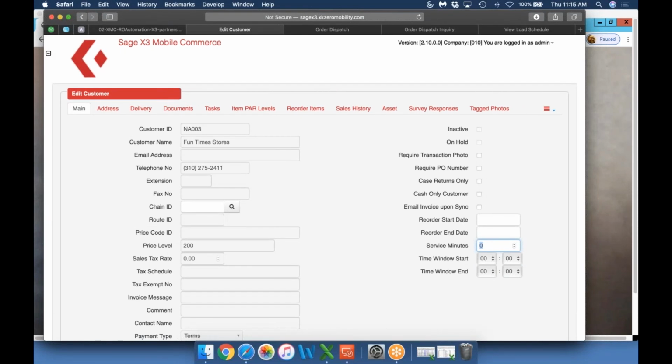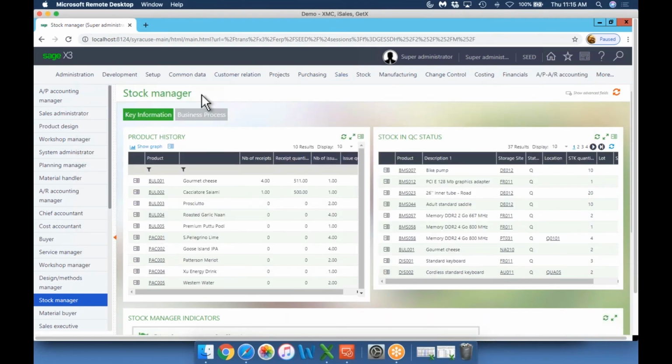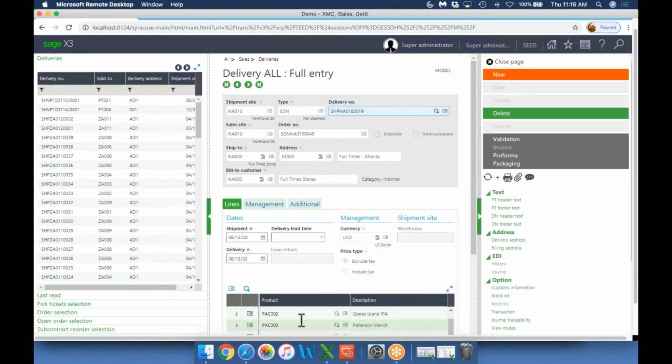All right, so this is our portal right here. And I also want to show a couple other elements of this before we get to the mobile device itself. So I'm going to pop into Sage X3, and I'm going to come back in and go into deliveries. There we go. So everything in our system is driven out of activity within the X3 system. So you can see, orders have been created as deliveries, and I see all of these different items on here